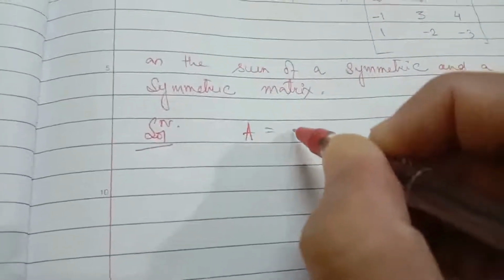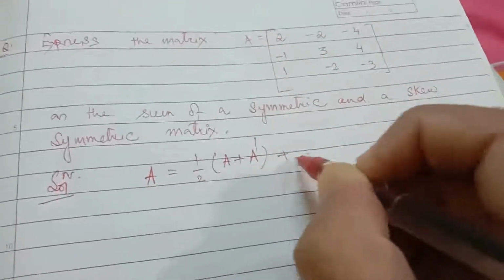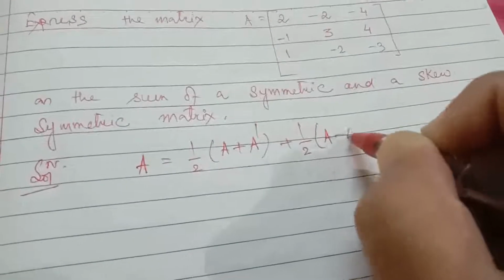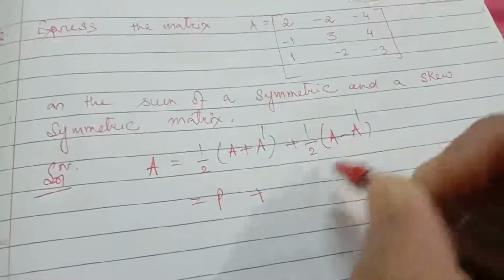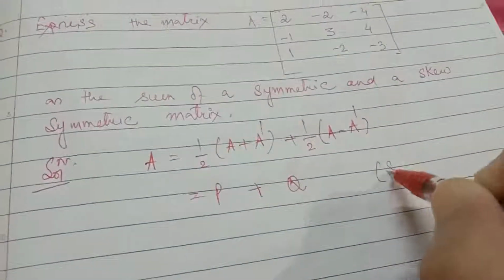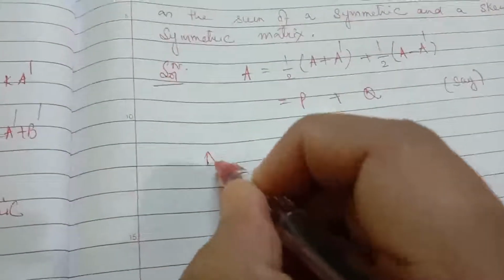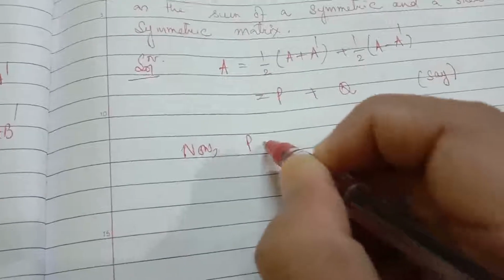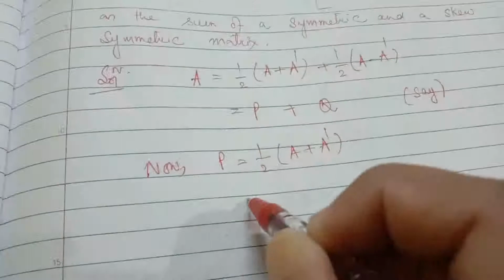Now, how to proceed? Just like the theorem, we have to express A in this way. A equal to half into A plus A dash plus half into A minus A dash. Suppose this matrix is P, this matrix is Q. Now, P equal to half into A plus A dash, half into